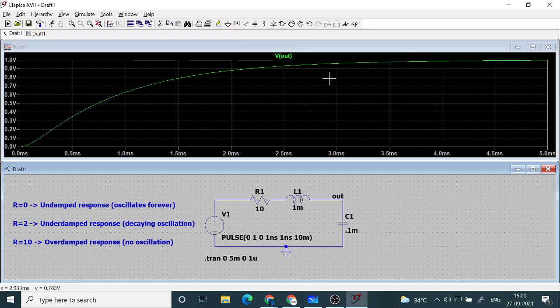Sir, what is the reason that it is oscillating by changing the value of resistance? Okay, so let me give you a physical answer, but the detailed answer will come out of the calculation. So the simple answer is that this is like